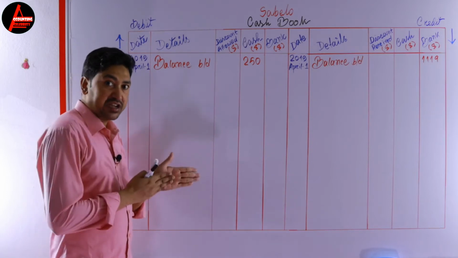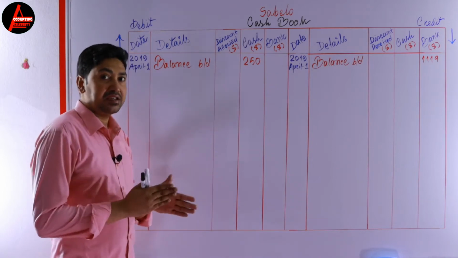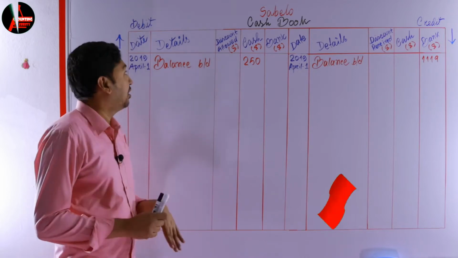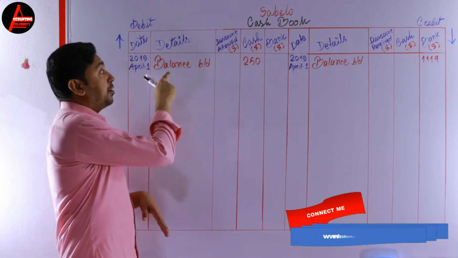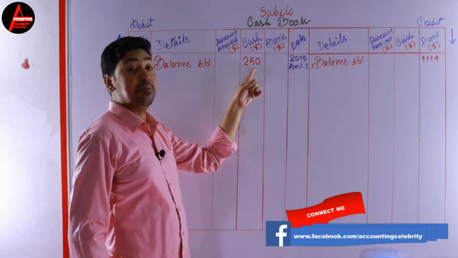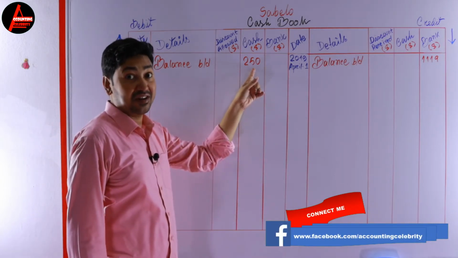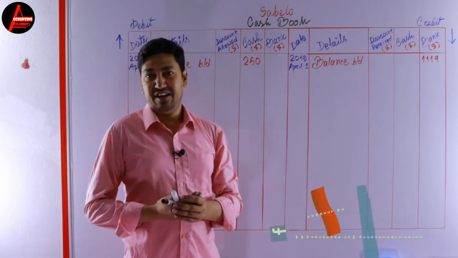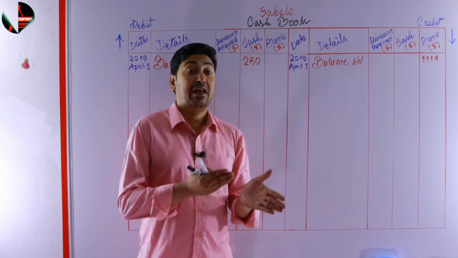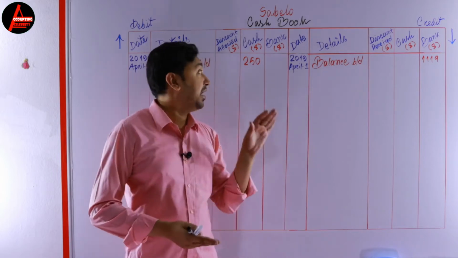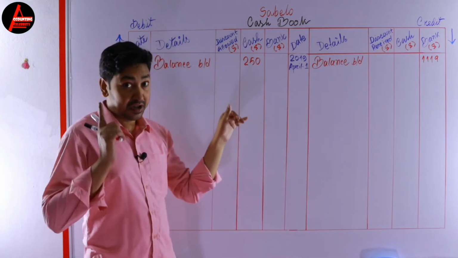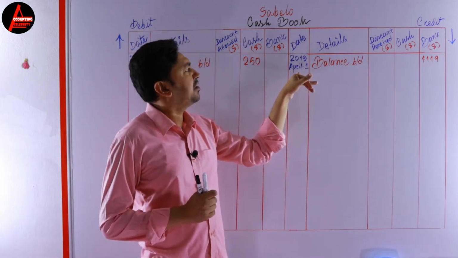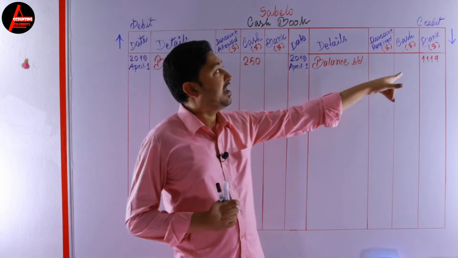In this question, balance b/d is already given. You don't have to think about balance b/d. So here, first April 2019, balance b/d in the cash column is $250. Balance b/d of cash always comes on the debit side. I repeat, balance b/d of cash always comes in the debit column. Mind it. Then here we wrote again on the credit side, 2019 April 1st, balance b/d in the bank column